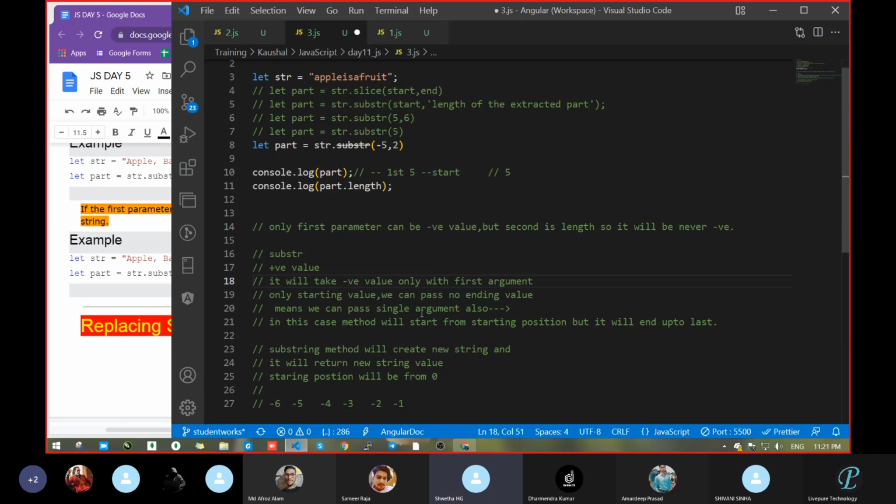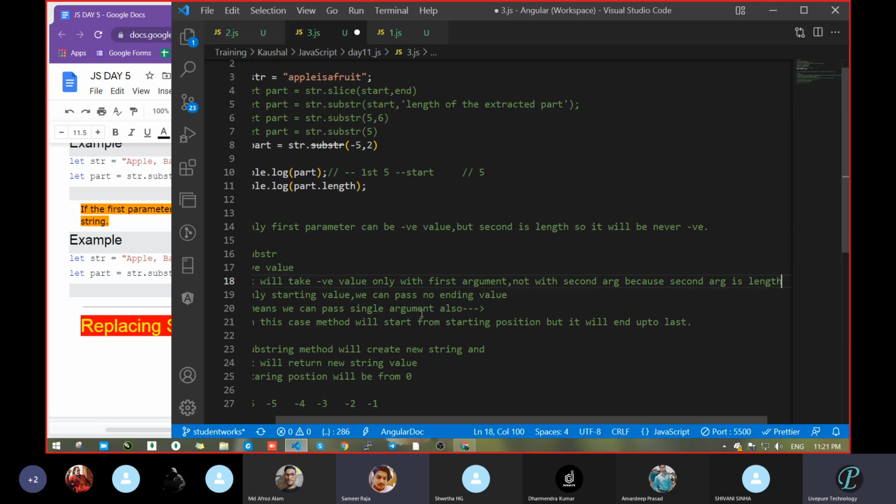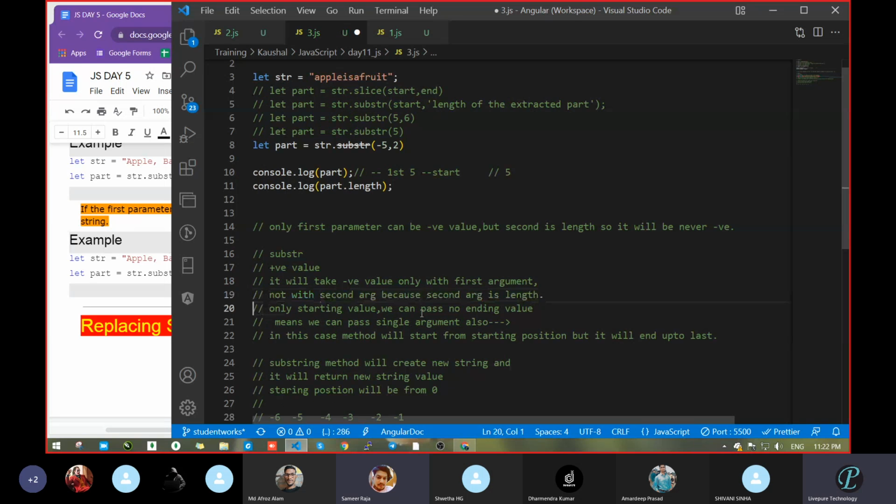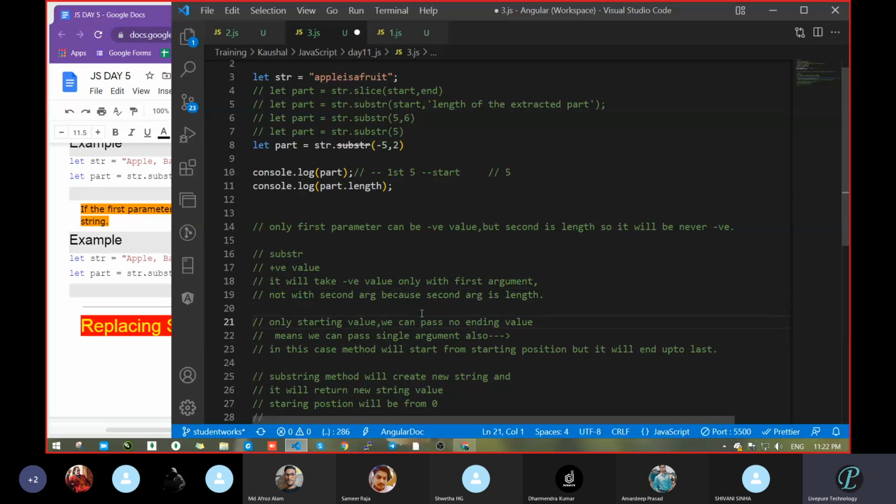Correct. Not with the second argument, because the second argument is length. Clear? Yes. Okay.